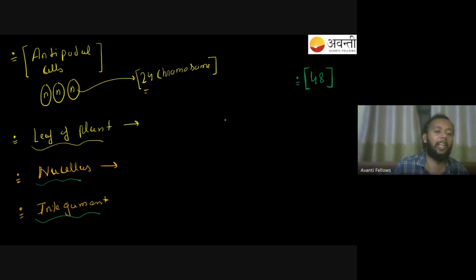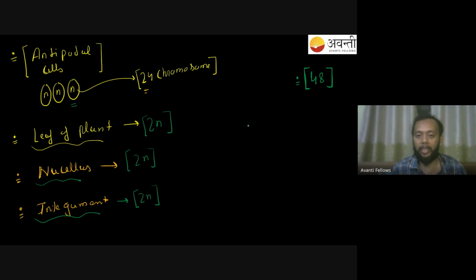Very true. Yes. देखो, the leaf of the plant cell, the leaf which will be there on the plant, is always going to be diploid. Right. Nucellus is also going to be diploid. Even the integuments are going to be diploid only. So if you have a haploid cell and the haploid cell has 24 chromosomes, I hope you are understanding. The number of chromosomes in a haploid cell is going to be 24. So simple सी बात है, if I give you a diploid cell, then the number of chromosomes is going to become